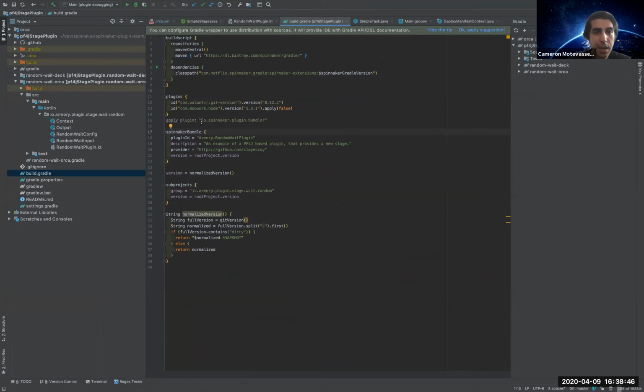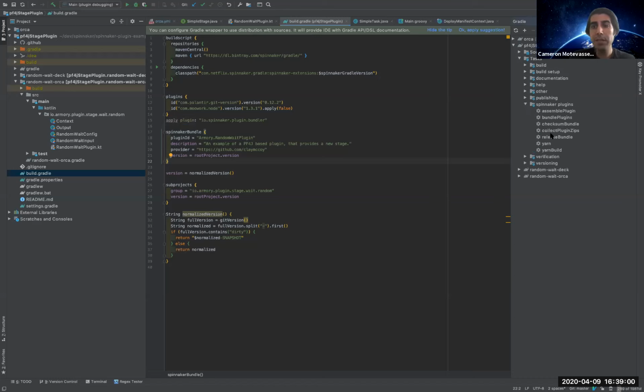We have this plugin bundler, and that's what we're going to be using to create the bundle here. So there's a task in here for the PF4J stage plugin under Spinnaker plugins, and it's release bundle. So when you run release bundle, it'll generate a